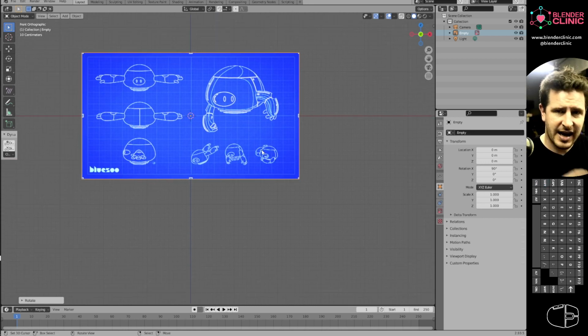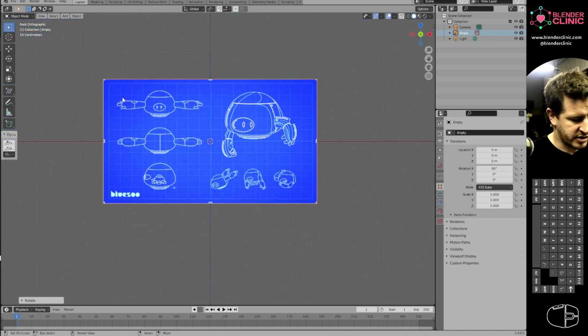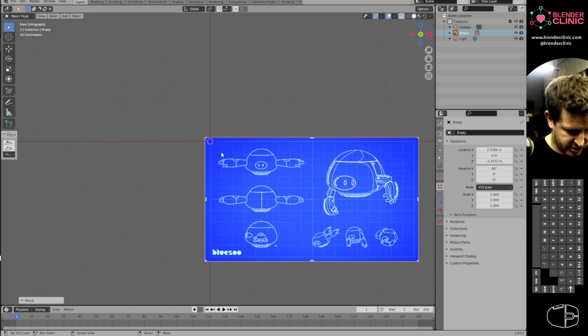Lovely jubbly. Now I need to get this image to match the grid size of Blender, assuming that's the scale that we want to create it in. There's no scale key on here, so it's hard to say. What I would recommend is putting markers on here saying, from tip of this finger to tip of this finger, we want it to be 2 meters and him to be 1 meter high, or whatever the measurements are that you require. We haven't got that at this stage, so I'm going to just press on